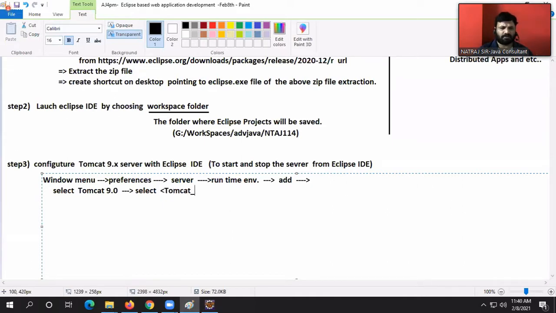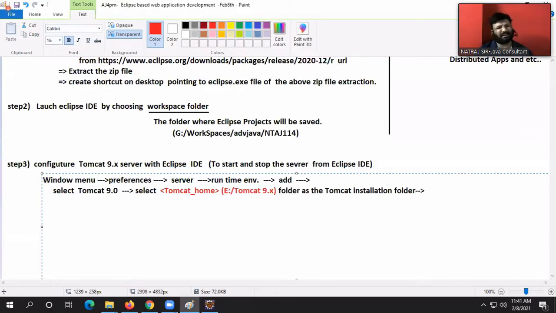Select Tomcat home as the Tomcat installation folder. What is in my computer, guys? D:/Tomcat 9 as the installation folder.